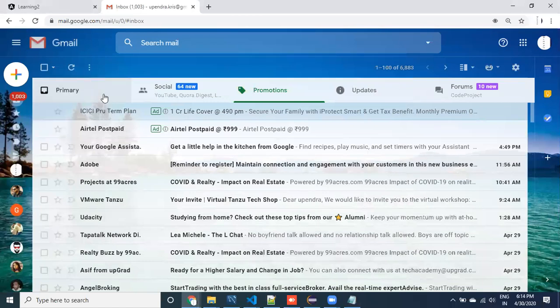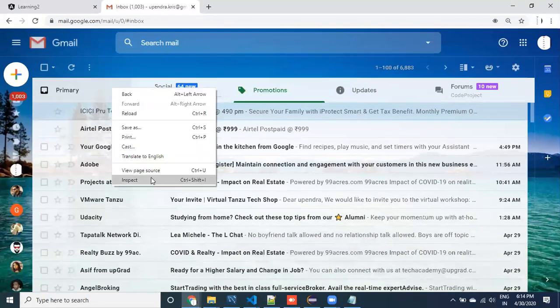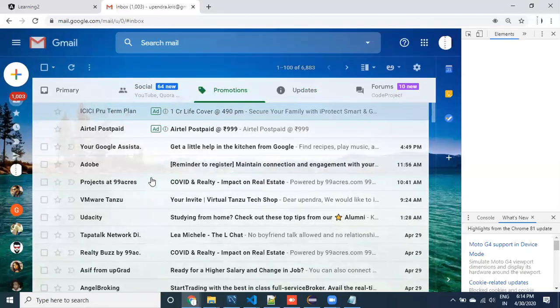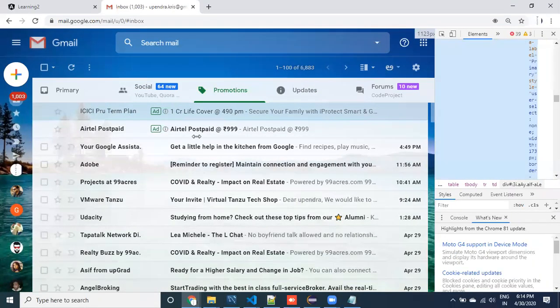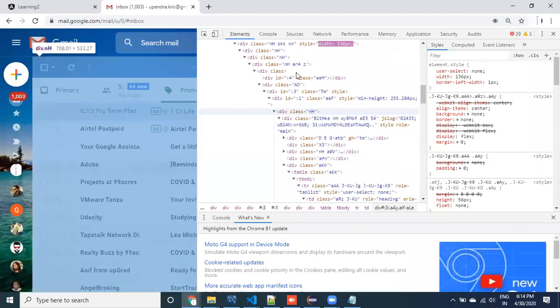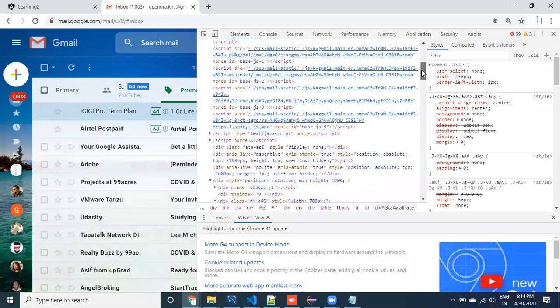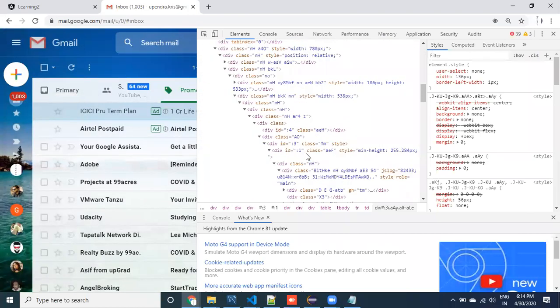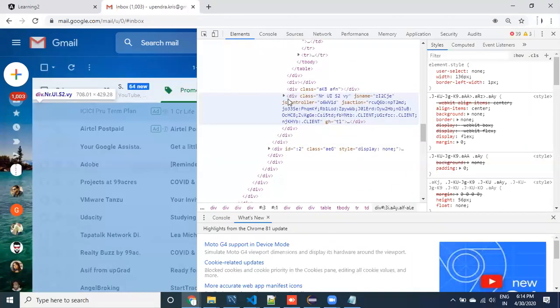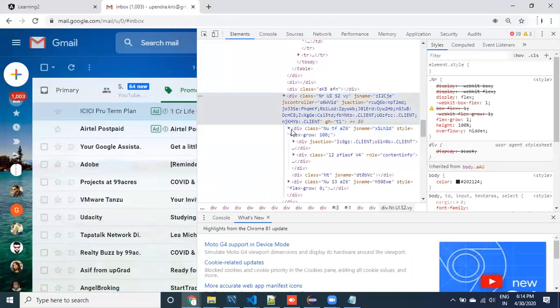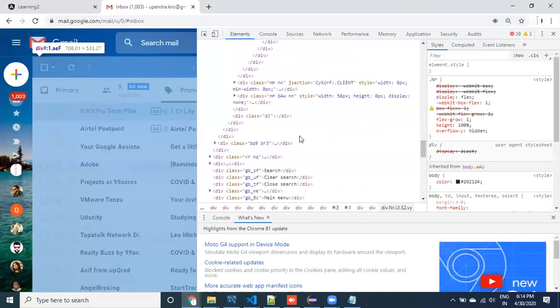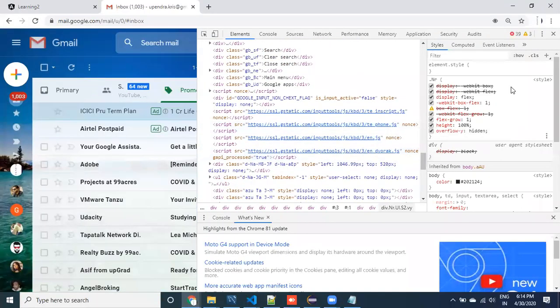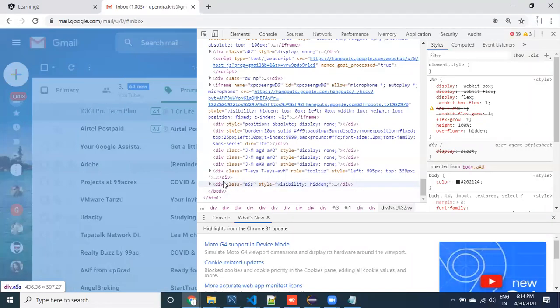if I right click somewhere and click on inspect, see here, guys, all the code related to this. See how much code is there? This is still not open. If I keep open this, thousands of code will be there. If you keep open all these things, how much code is required to get this kind of page?